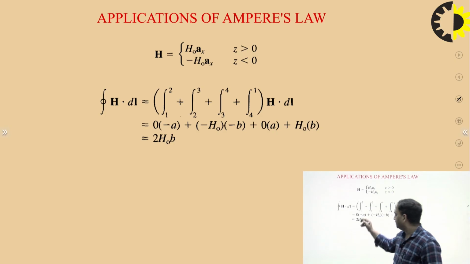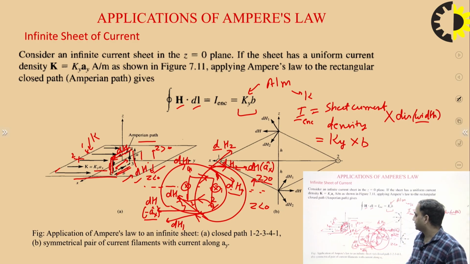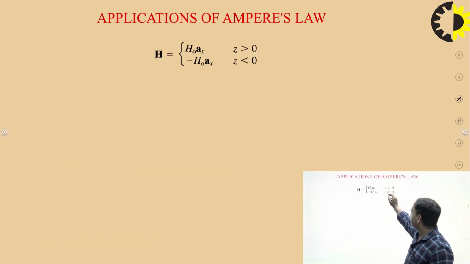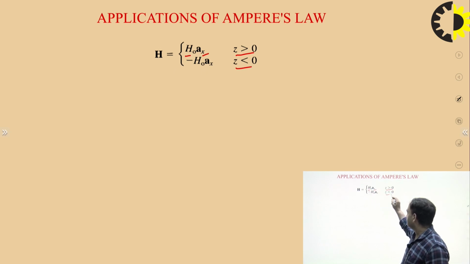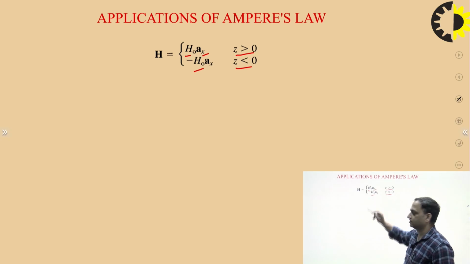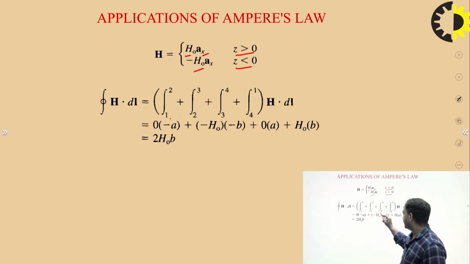See, 1 to 2. What is the H value for 1 to 2? The value of H is 0, and for 3 to 4 the value of H is again 0. But for 4 to 1 and 2 to 3, the value of H is plus aX and minus aX. So for Z greater than 0, the value of H we are taking as H naught in the direction of X. For Z less than 0, we are taking minus H naught in the direction of plus X, right? So when we apply this, we see that for 1 to 2 and 3 to 4 the value of H is 0, and for 4 to 1 it is positive H naught, and for 2 to 3 it is minus H naught,